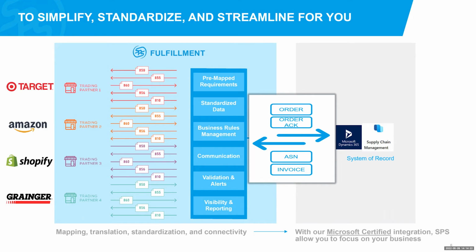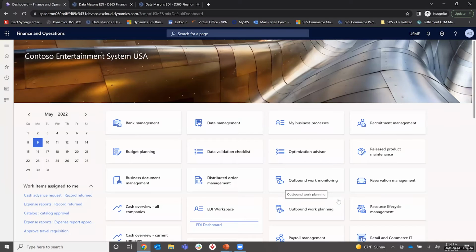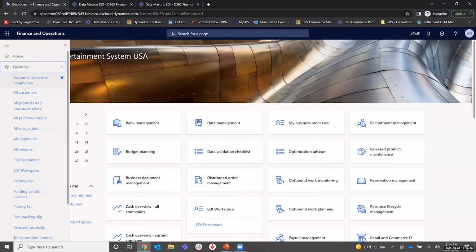Now, we're going to actually take a sneak peek and look at the integration inside of Dynamics. And with that, SPS adds EDI functionality right inside of Dynamics. And so here we can see that we have an EDI Workspace whereby I can actually integrate right into the main screens of the SPS system automation. Now, today we're going to focus on integrating with our